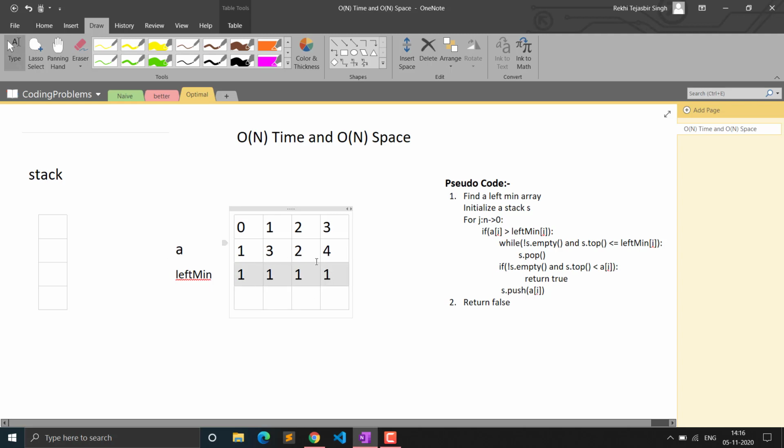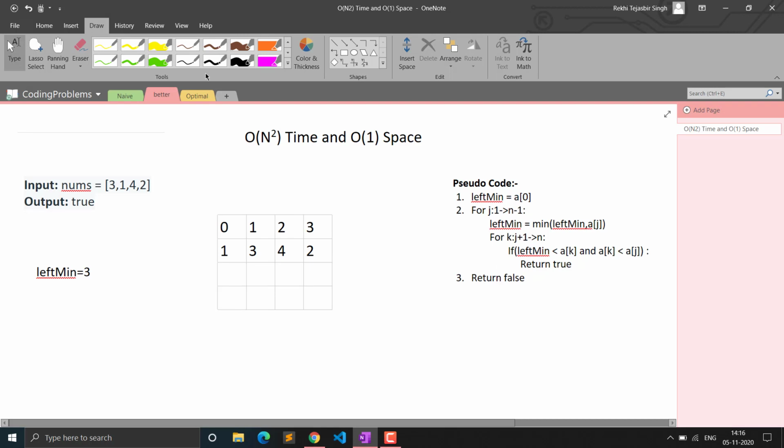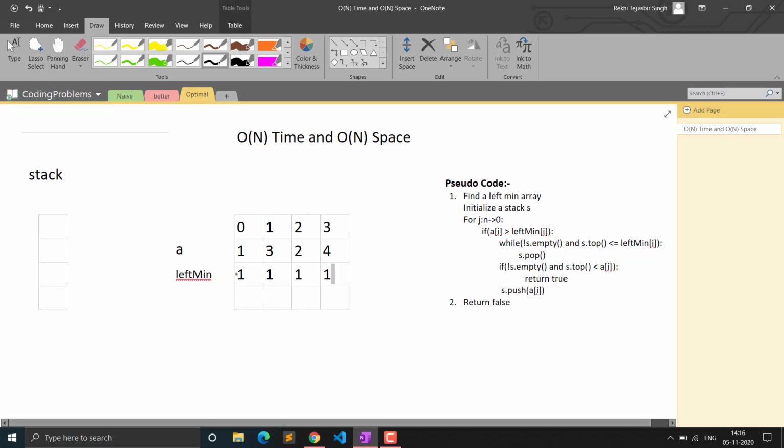Now this left minimum array will be our ith element that we are searching for. As you know, we found out that the ith element is always the minimum out of all 3 elements. So we will simply find the ith element by using this left minimum array. We have formed this array, and the leftmost element, which is minimum for all elements, is 1 only. Now for finding j, we will run a loop.